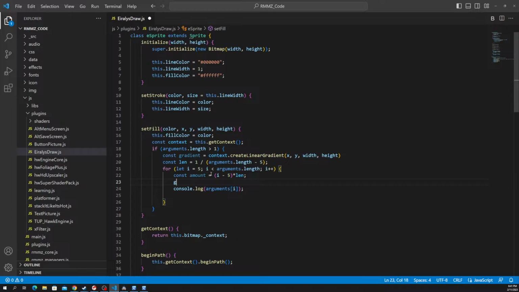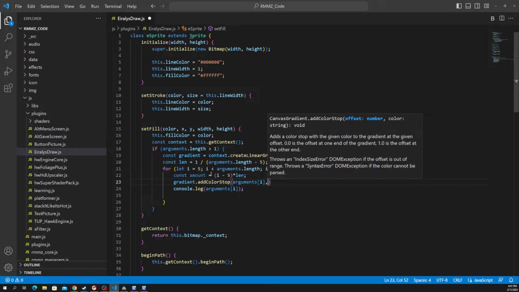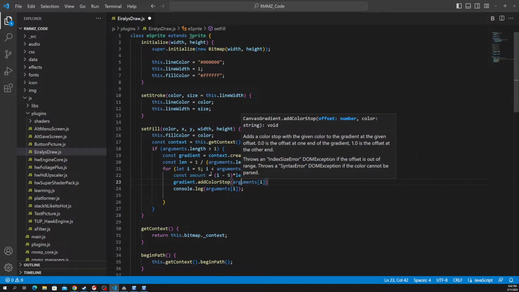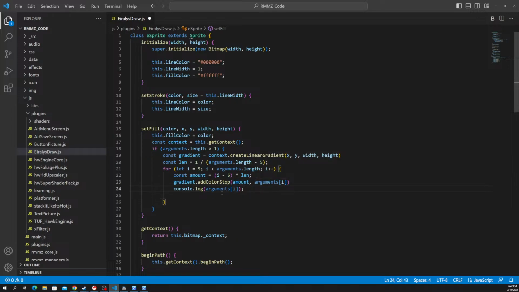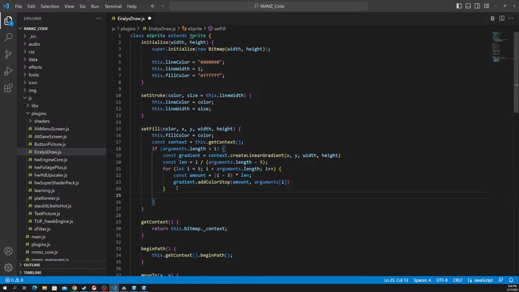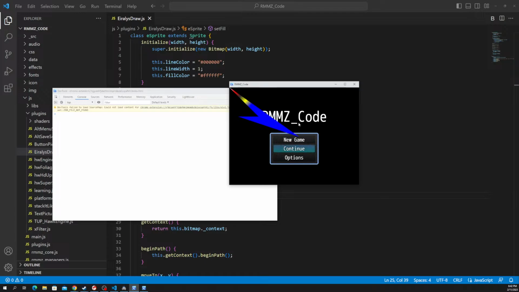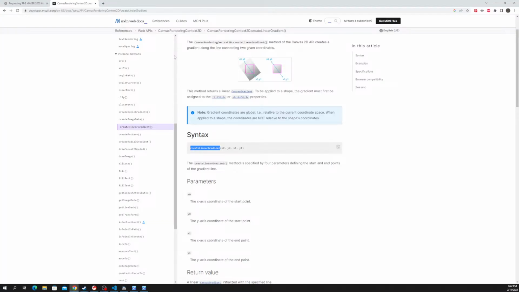So gradient.addColorStop arguments i. this.fillColor equals gradient. Okay, so now it should work. Should have like a gradient. Yep, there we go. So errorless, there you go. There you have it. The gradient's positioning is a little bit weird though, so let me go ahead and